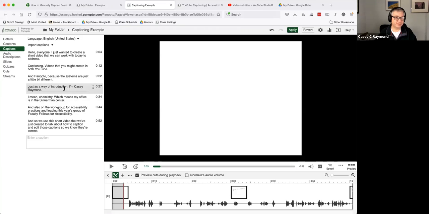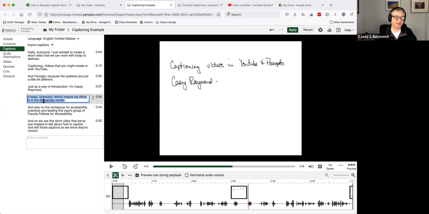Doesn't mean it's perfect, but it's there. And in this case, instead of the Cinnamon Center coming up as Cinnamon Center, it came up as Cinnamon Center. And so again, all we have to do, go in, edit those,